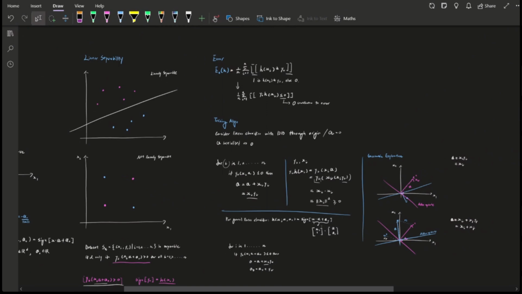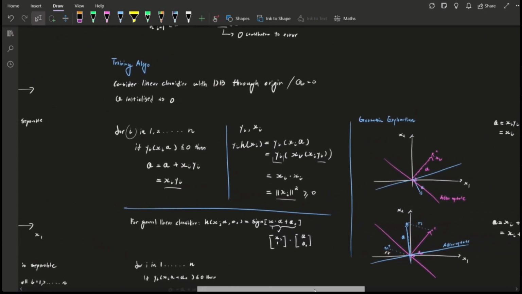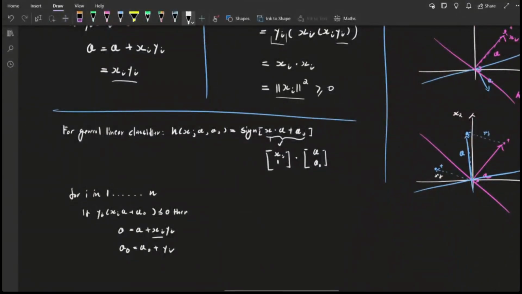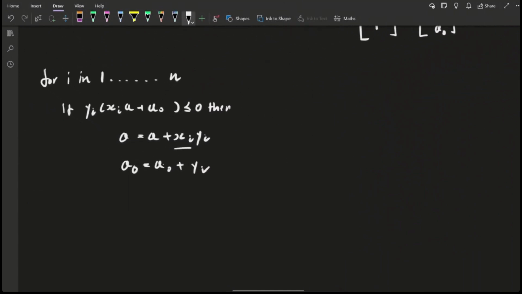Any other question? Can I ask why theta naught should be updated with yi? I don't really get that part. Okay, let me explain that again. Let's just look at this expression. It's pretty mystic, yeah. But you'll see that